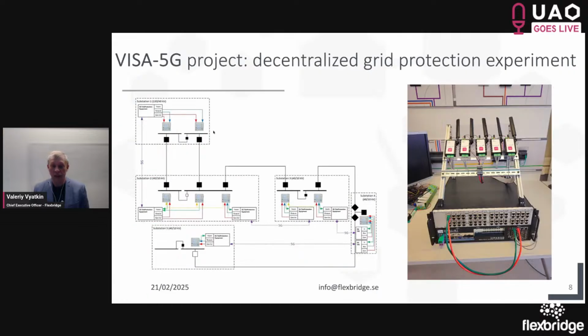So another ongoing project with ICE block is a project on using 61499 and 5G in decentralized grid protection. So we have built a test bed where ICE blocks are connected to a powerful simulator of a smart grid system where we reproduce automation of a substation, digital substation, and ICE blocks represent controls of primary equipment within power distribution substation.